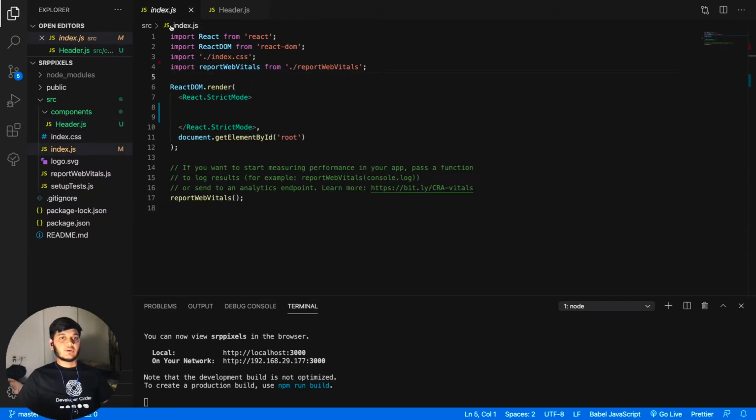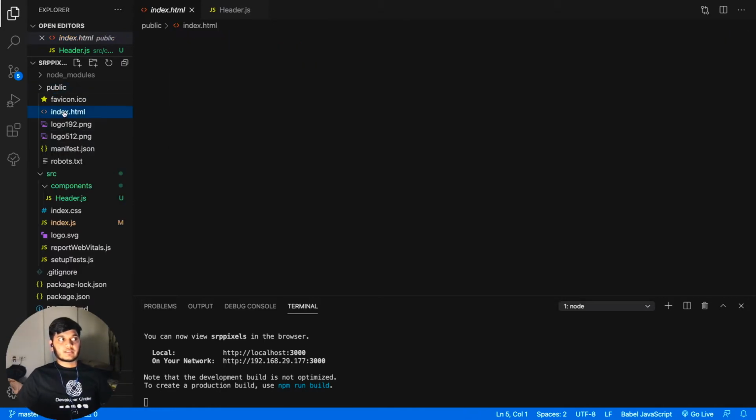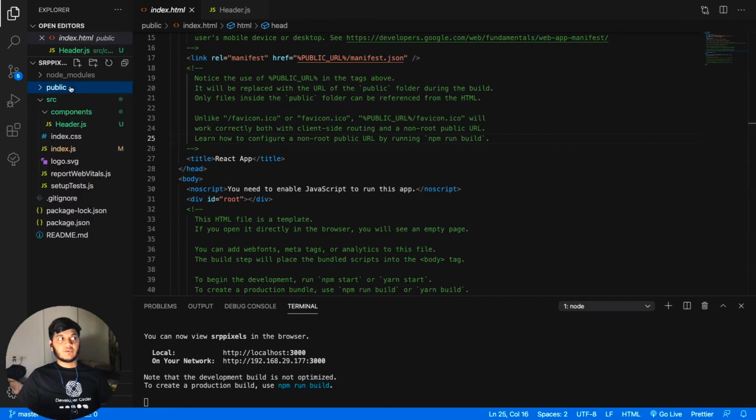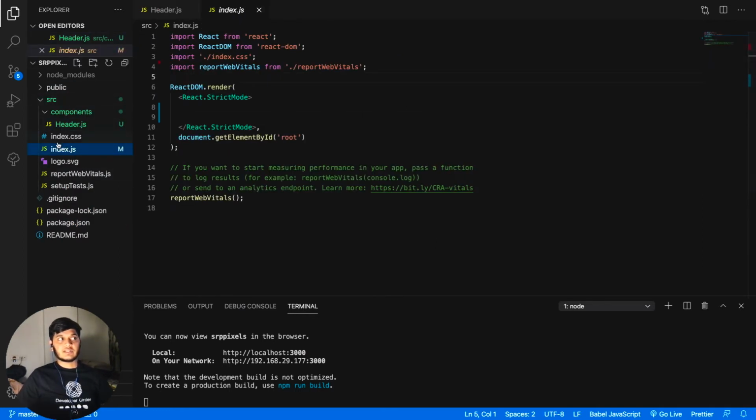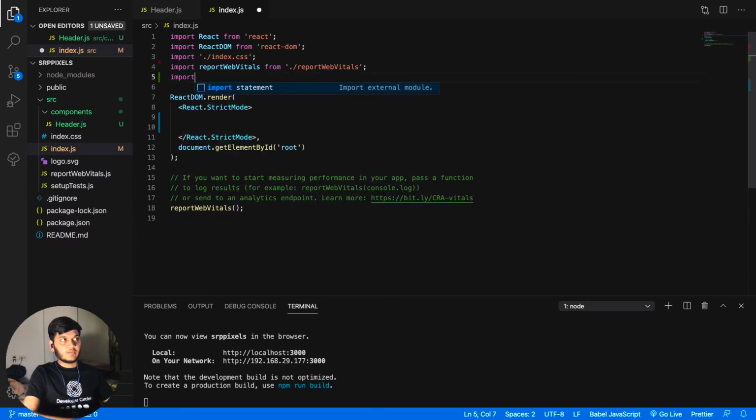Now let's import it into the index.js file. As you know, the index.html file in the public folder searches for the index.js file, which is located in our src folder. Every component which has to be rendered will be mentioned here, and from this file every other component will be rendered. First of all, let's import our header component here. It's as simple as every other import in React.